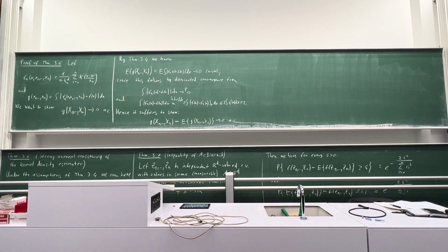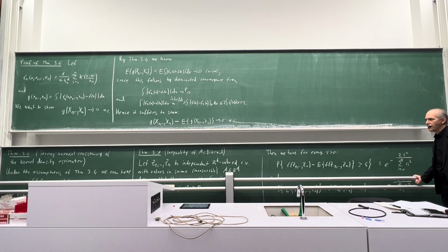I just wanted to ask, the part with this follows by dominated convergence from, and the first thing is clear, and the second was used to show that the integral is bounded. Yeah, the second one shows that the integral is bounded. So you have the dominating function, yeah? It's just a constant, yeah? That's the second part. That's right.